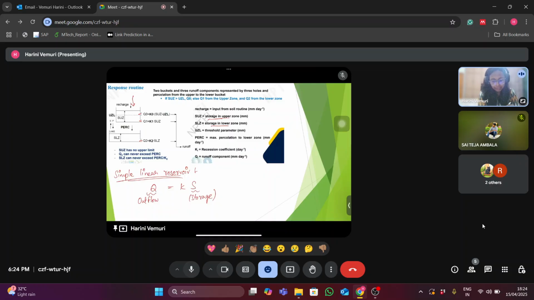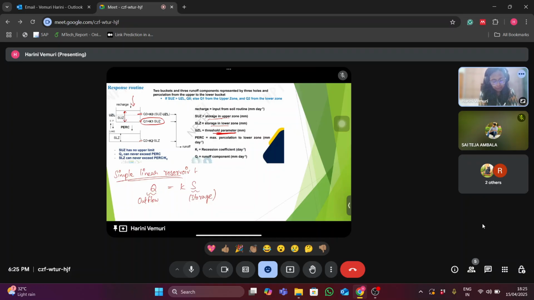In the case of the upper zone, there is a threshold kept, the threshold parameter UZL. If the storage in the upper zone is more than this threshold value, then only there will be runoff occurring from the first component, here Q0. If the storage is not above this threshold, then the runoff will occur only from the second component, that is Q1. And from the first bucket, the upper zone, the water flows into the lower zone